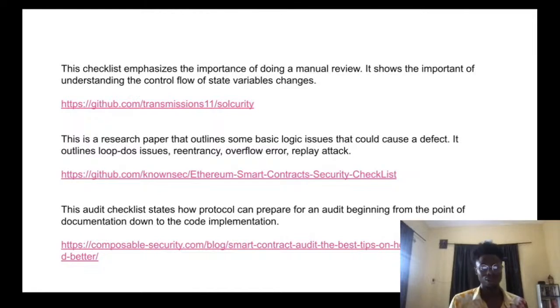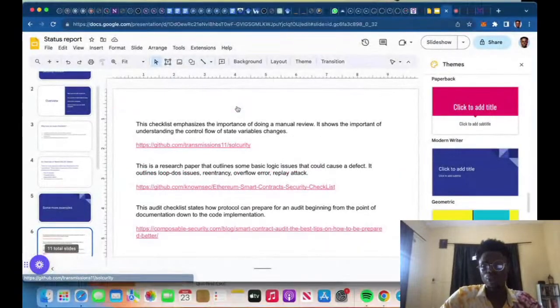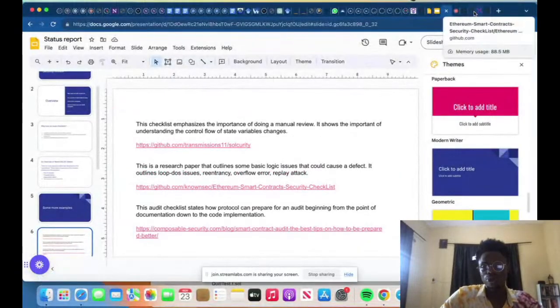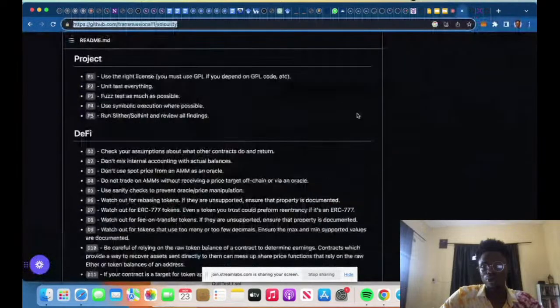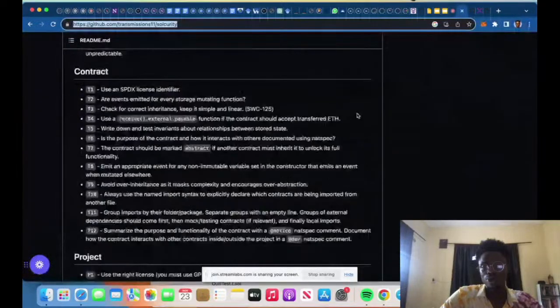This checklist emphasizes the importance of doing a manual review. I think I have it open too. The reason why I want us to open it is so you see the little things he points us to. Okay, here it is. So it begins to little things as